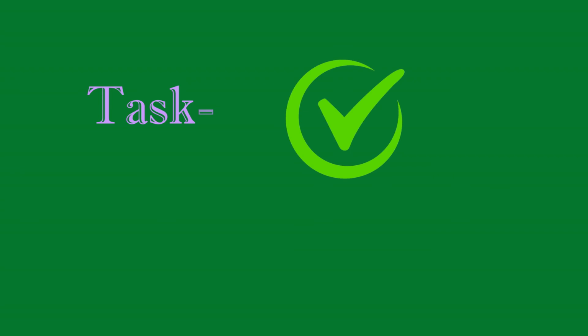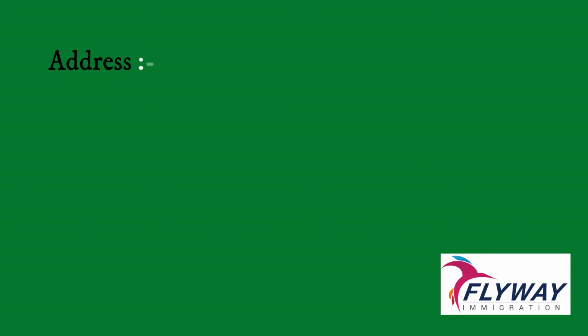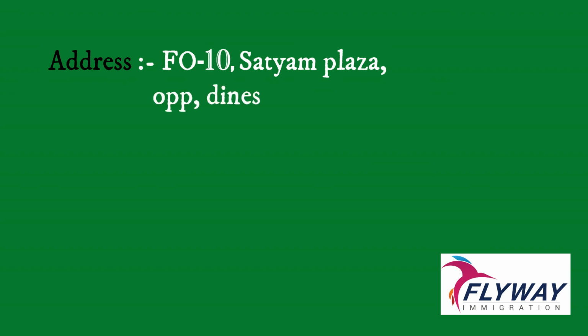So we have completed our Task 1. Friends, this is the way you do Task 1 in the exam. If you know the structure, if you know the vocabulary, if you know what the examiners are looking for, you can achieve your desired band in IELTS Writing Task 1. It's very important to score a good band in IELTS Task 1, because if you score a good band in Task 1, automatically your writing score will be improved.